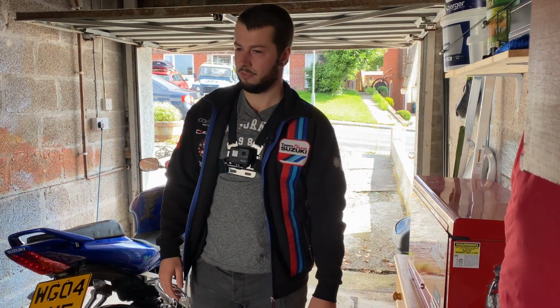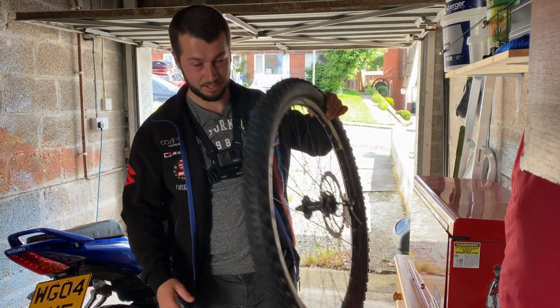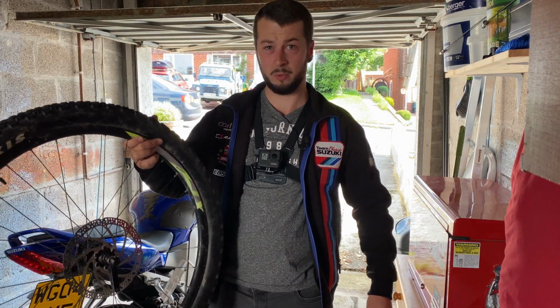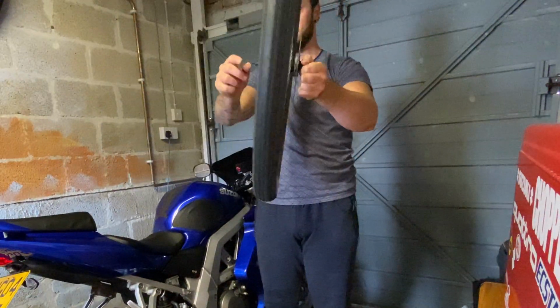So guys, I was trying to figure out the best way to demonstrate this to you, and there's not really a better way than to actually show you how it works. So I've got a mountain bike tyre here. You can do this at home, although I did cock up a few times, so I wouldn't really recommend it. Again, the faster you go, the more effect it will have. So if I push now, like this,